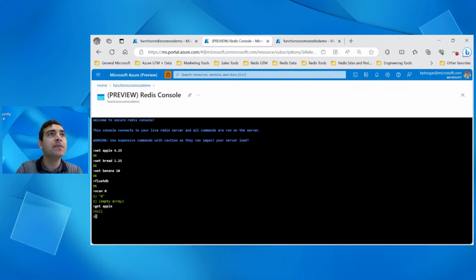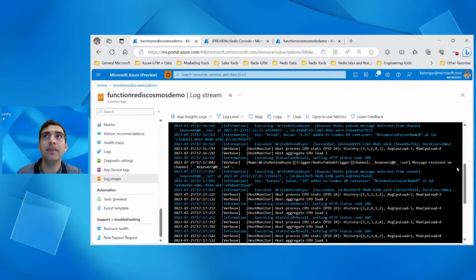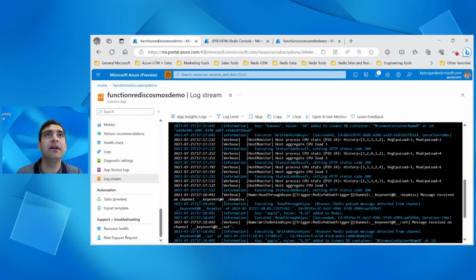apple, it's going to say, oh, apple does not exist. And that obviously is a cache miss, right? It's not in the cache. That makes sense. But if I do it one more time, it gives me the value, 4.25. And that's because if we go to our logs, we see all of this occur. So we see our logs from our new values being added to Cosmos DB. And then if I can scroll down, we can see that